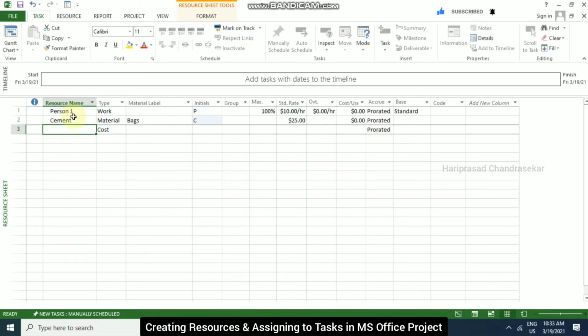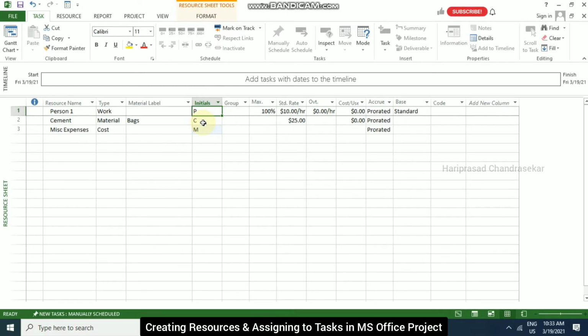When I'm entering the resource name, it automatically takes the initials. And I'm going to take miscellaneous expenses. It automatically takes the initial. If you want to change it, you can change it. By default, it will take the first letter of any resource.